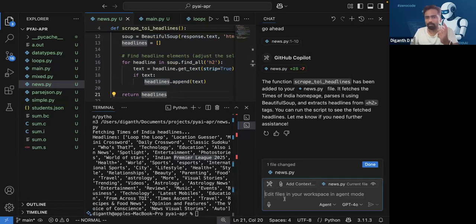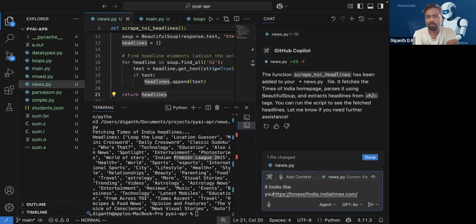And now you can come back to this and say, this is my website, and I'll ask it more specifically. This is called prompt engineering, because now you ask something and it did not work, and then we are trying to iterate over what we need specifically, step by step, and we are reaching our goal. So this is natural language, right? So it looks like I have fetched the